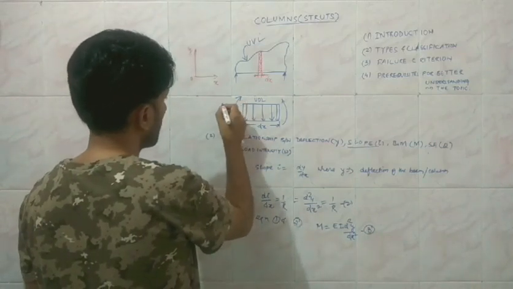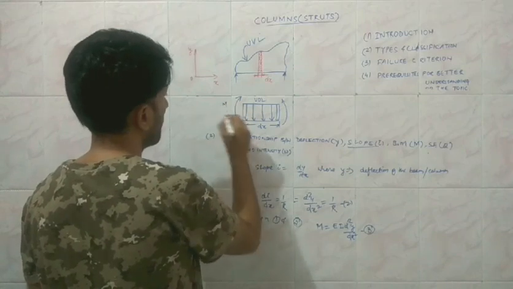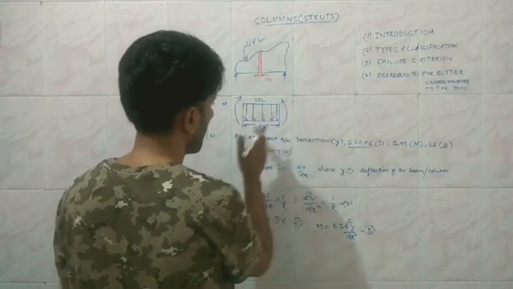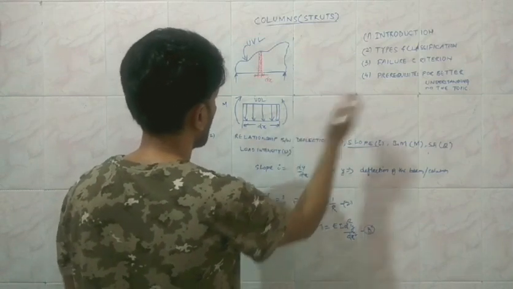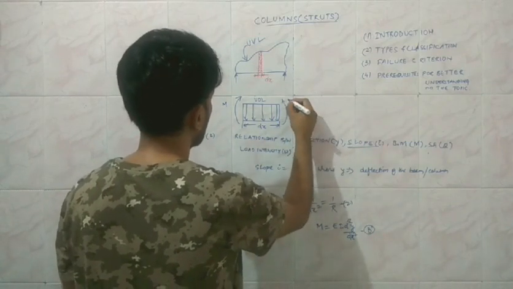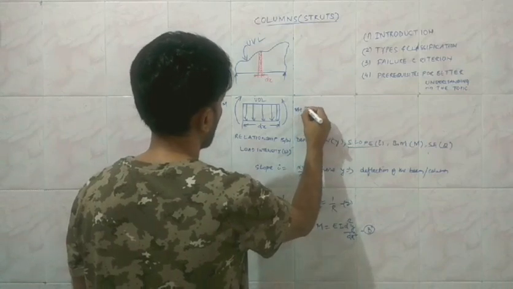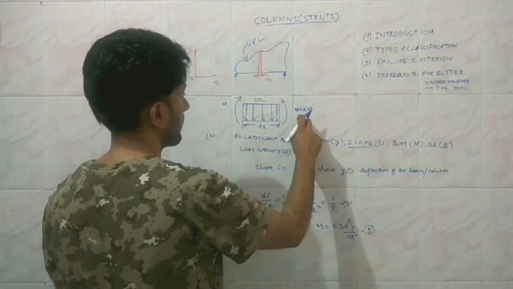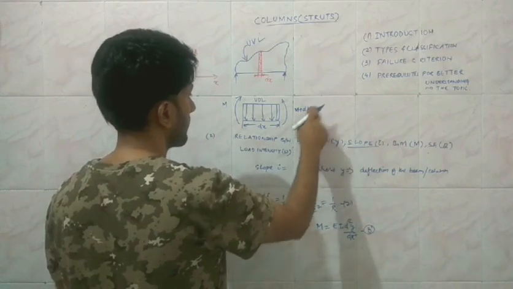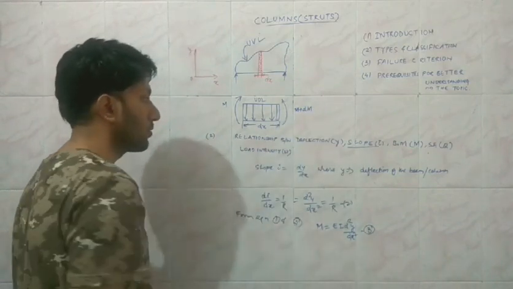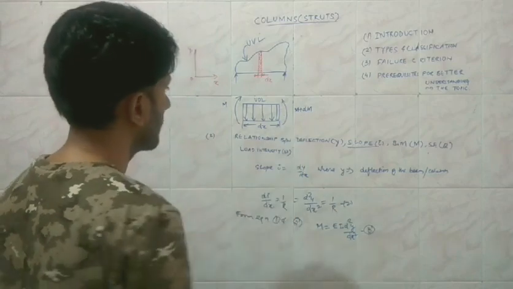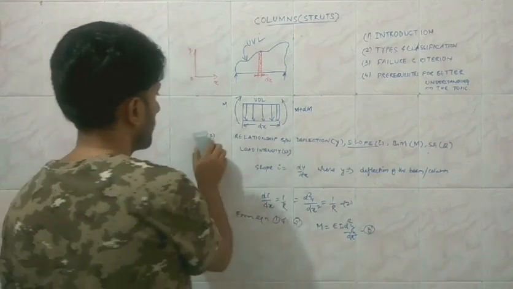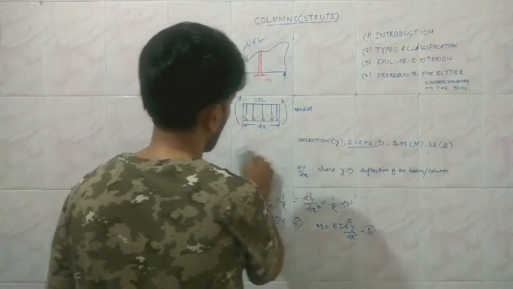So if the bending moment at this end is M, then the bending moment over here, when we have moved a differential distance dx along the beam, is going to be M plus dM. That is the rate of change of M with respect to x multiplied by dx; dx is going to be cancelled out, and this gives the differential change in the bending moment when we move the distance dx.